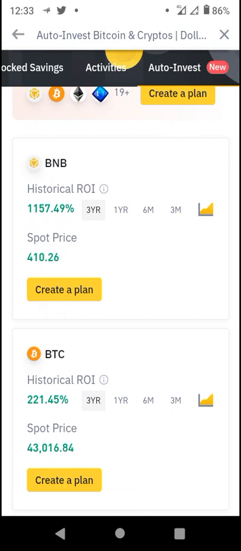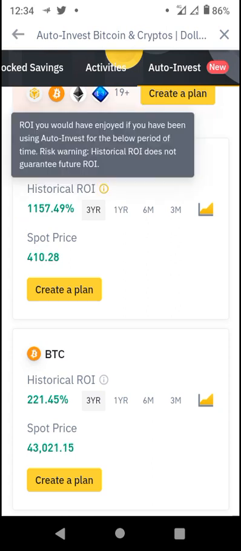Now, the auto invest calculation is a proposed calculation. If you had been auto investing in BNB for the past 3 years, you would have gotten up to 1,157.49% of your investment. So let's say you've been investing about $10,